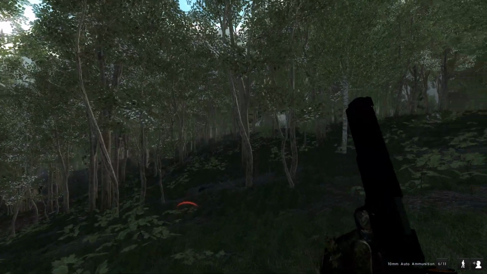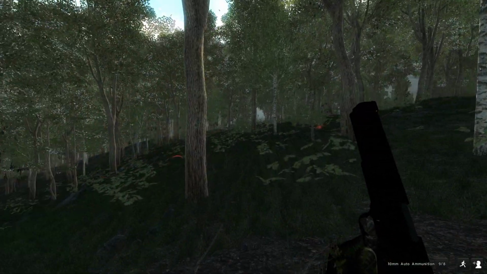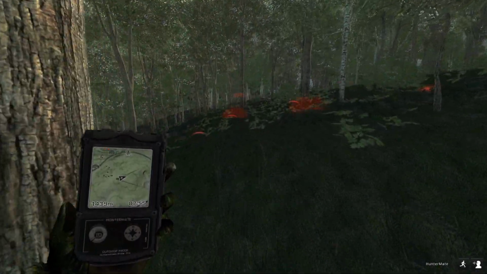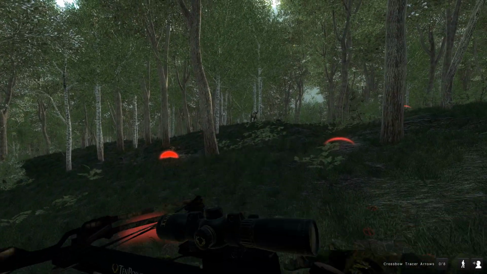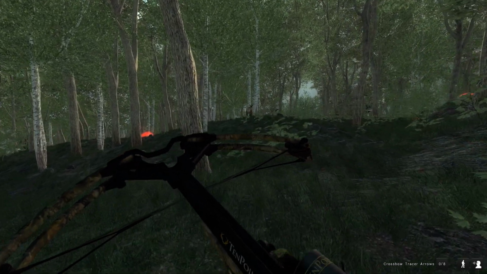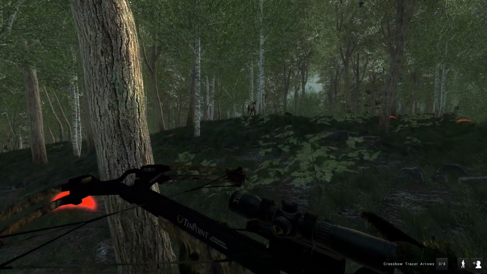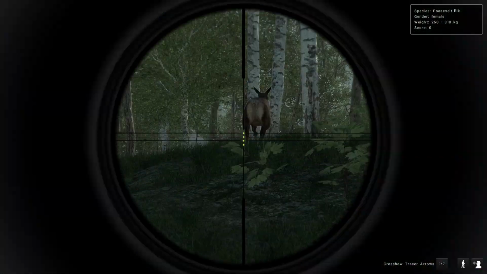And there should be 2 decent hits on him, so let's go over and see what we hit. Hopefully we got some longs. So we hit body on that elk, and I might just have to put this female out of her misery because she is in a bit of trouble right now, so let's just go ahead and